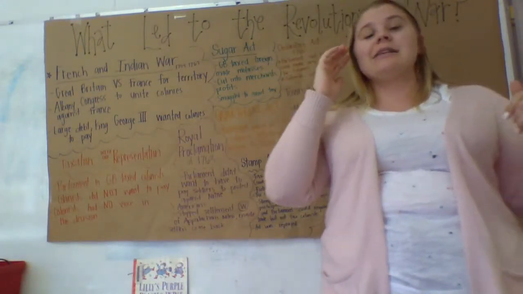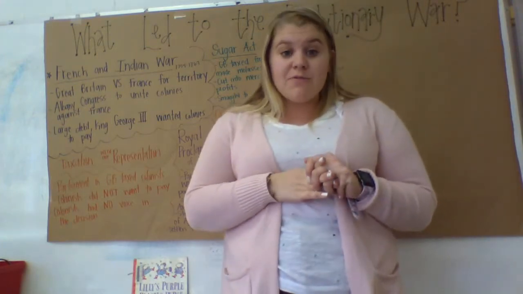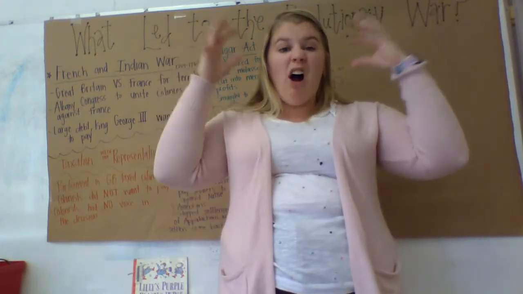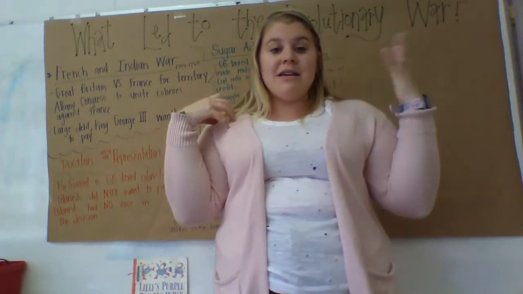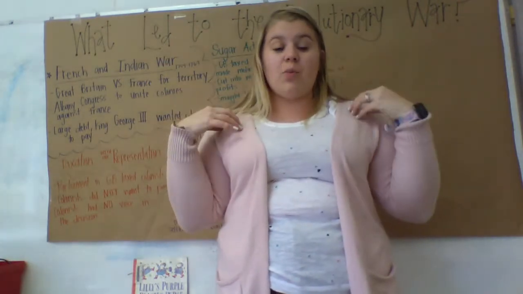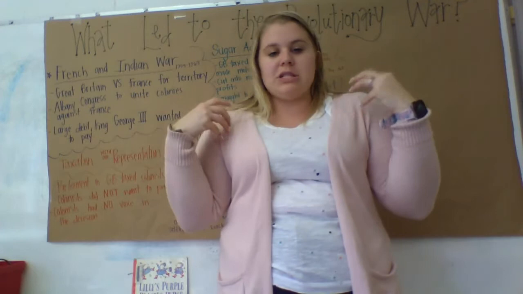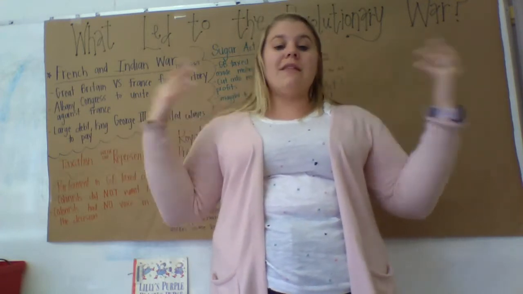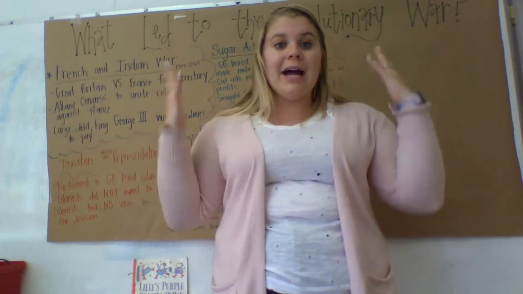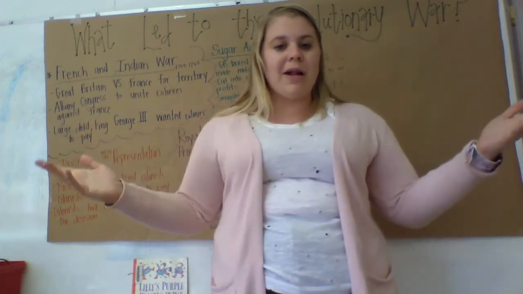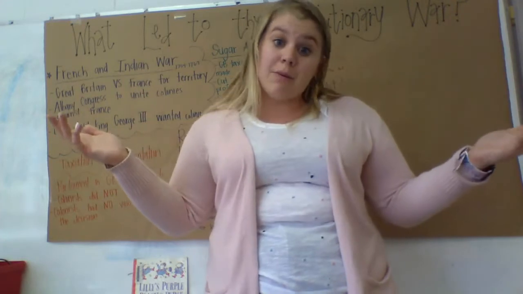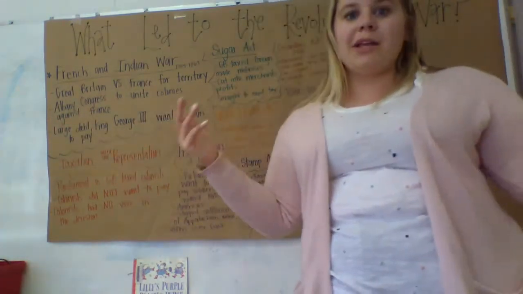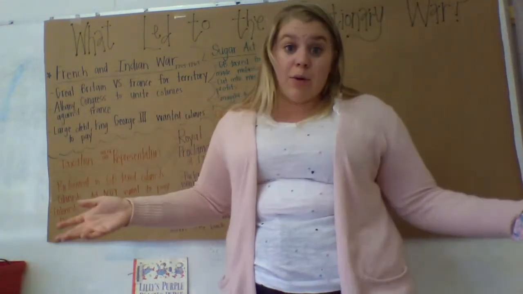and collect the taxes, they would tar and feather them. So what that would mean is they would pour hot, sticky tar on them and then cover them in feathers. So when tar hardens, it's super sticky. You can't get it off easily, and the feathers were stuck to it. So then these stamp agents would go around town after they'd been tarred and feathered, and everybody would look at them and laugh at them, and they would definitely know what their job was, and because people were upset with them, even though they were just doing their jobs.